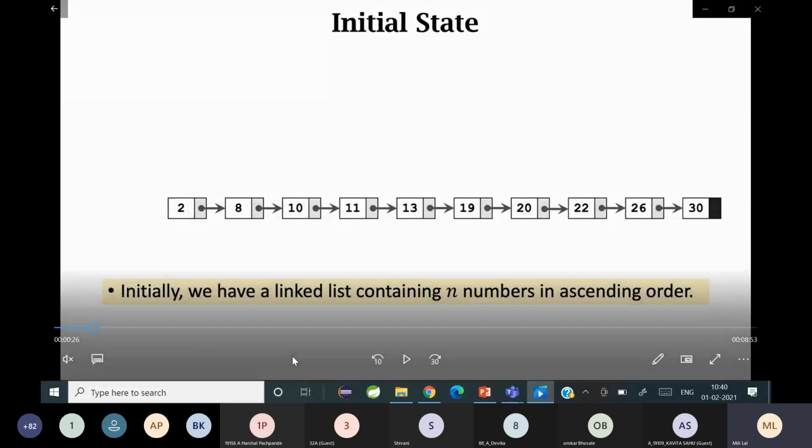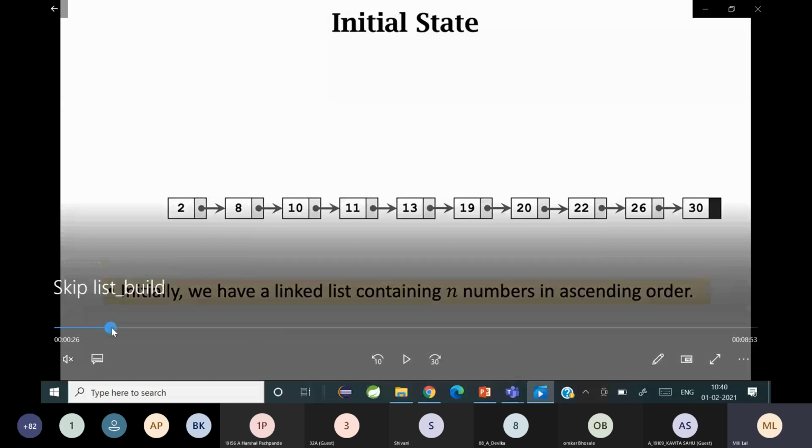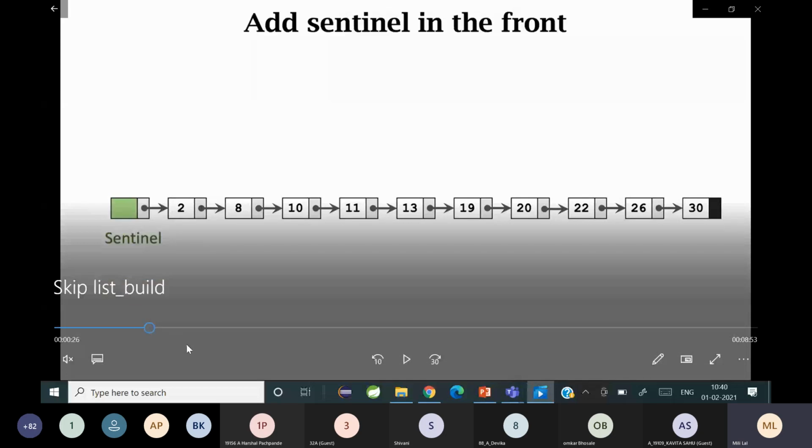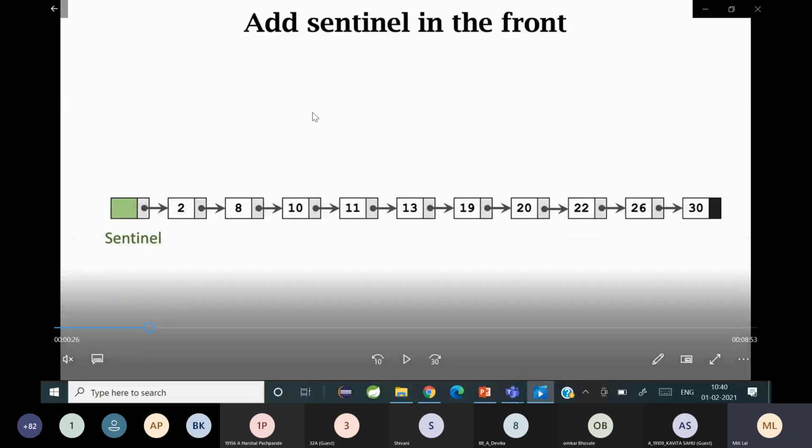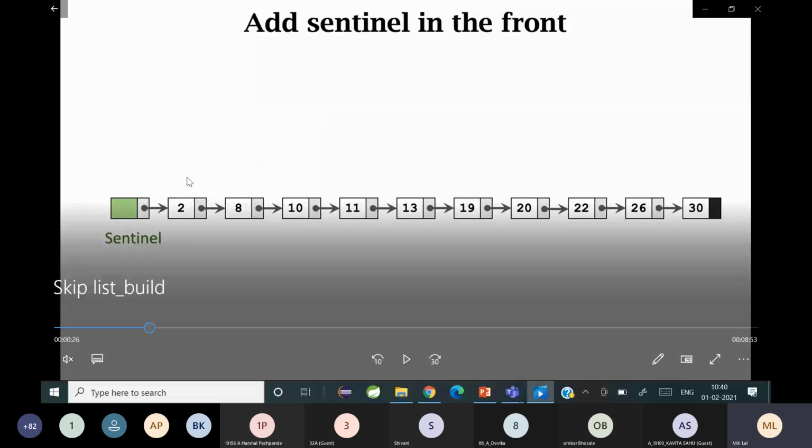So next, we will be conducting different iterations. As I told you, the skip list is a combination of multiple linked lists in different layers. So how many layers should be there you have to decide, and how you are going to find how the nodes in each layer are connected to each other. In the level 0 layer, as you can see, this is level 0, we have a head node which is going to be called the sentinel, and you have the tail node. From the sentinel you will be creating different layers, and the first layer which you see on the screen is layer 0.